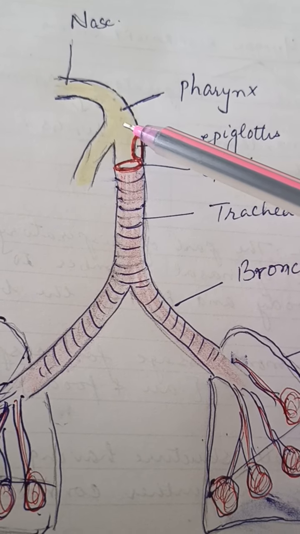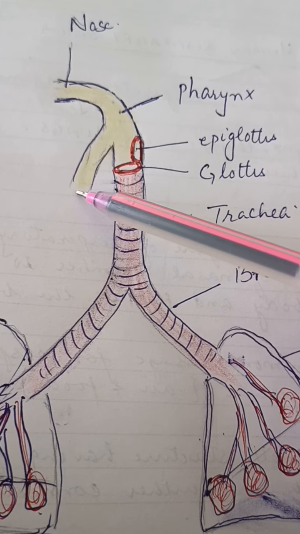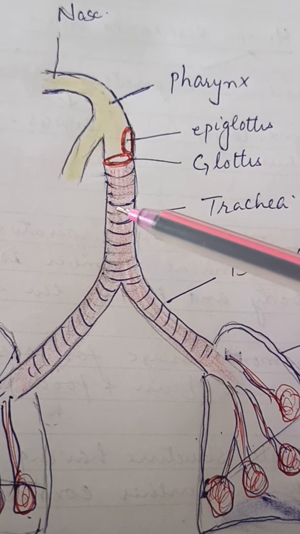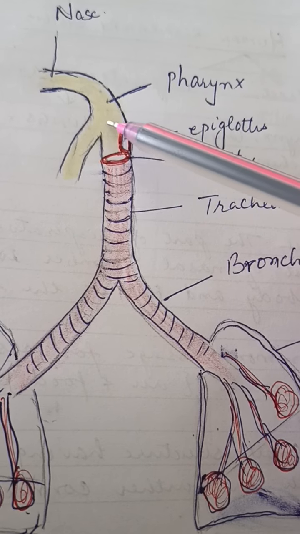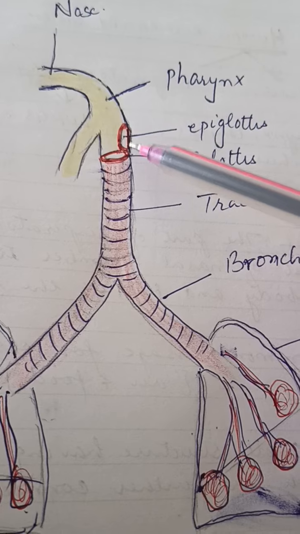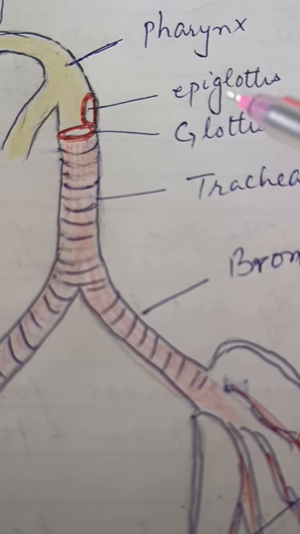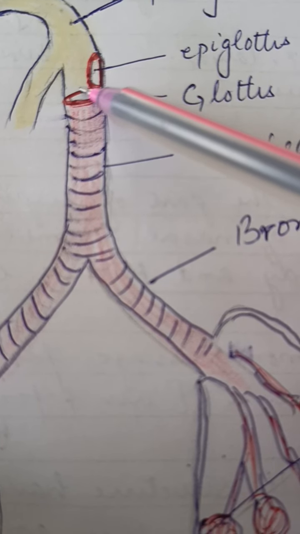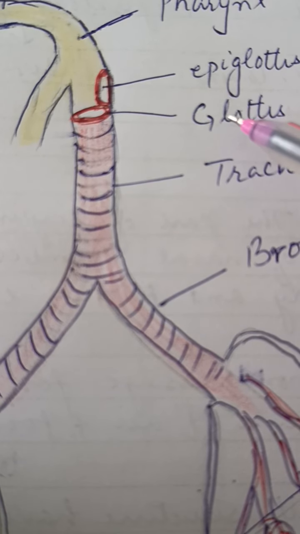थोड़ी देर के लिए मिक्स हो जाएगी, and after that food enters the digestive system and air enters the respiratory system. Now after the pharynx, this whole portion is considered as the larynx. But at the top of this larynx, there are two small regions, epiglottis and glottis. Now this upper portion is the epiglottis, and this portion is the glottis. You can say that the glottis is an opening.